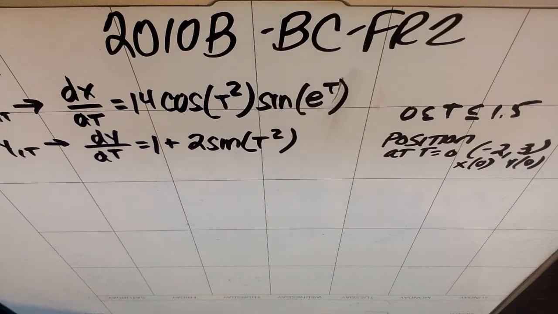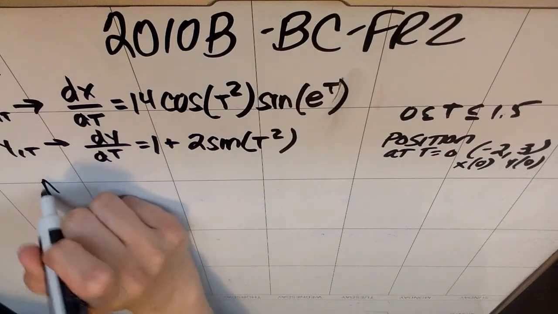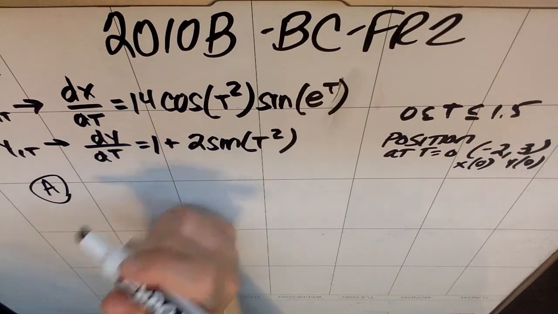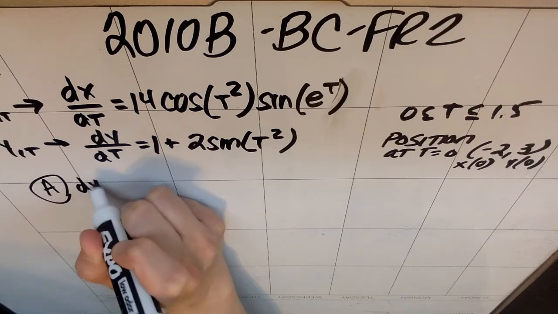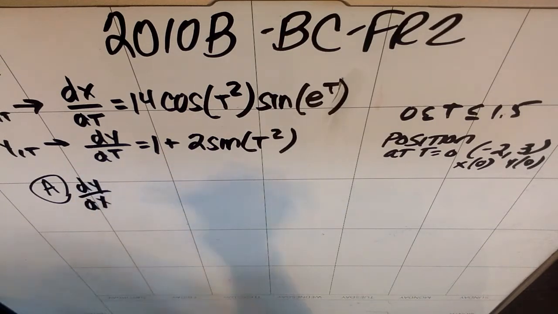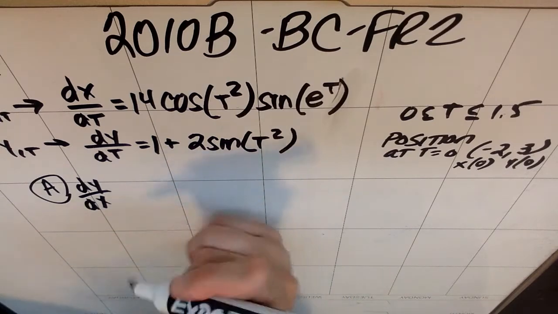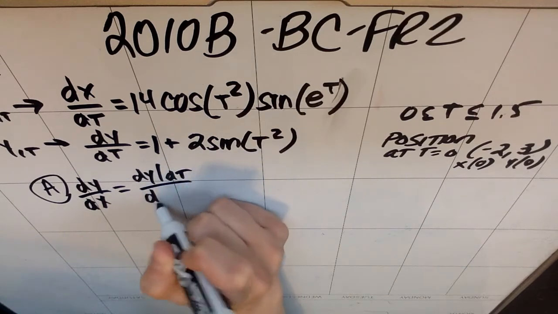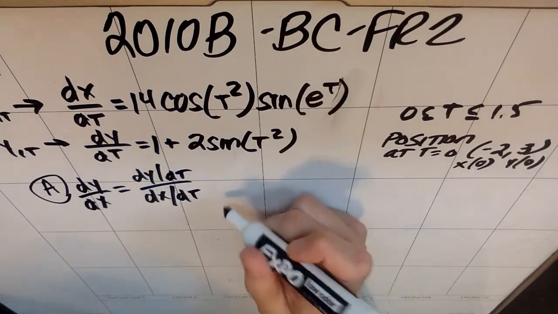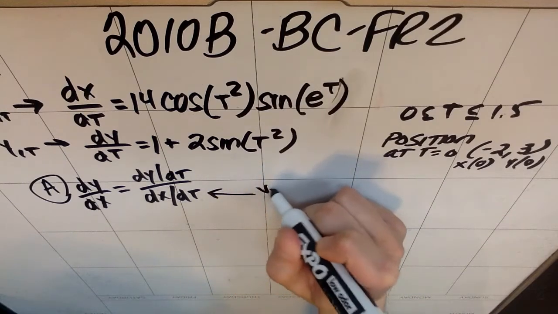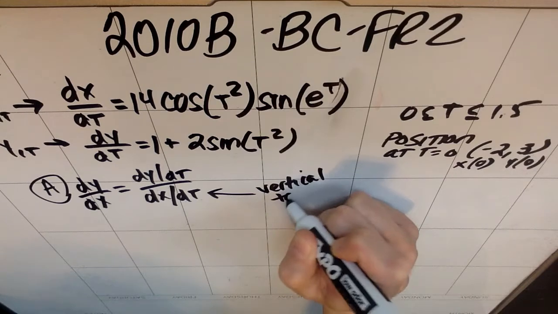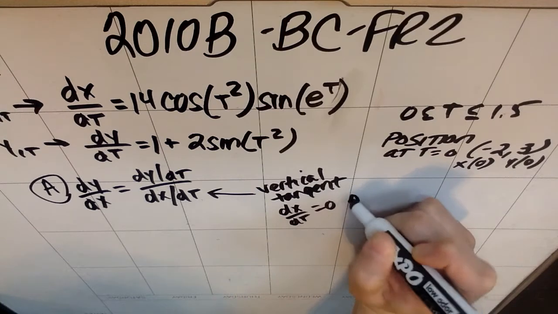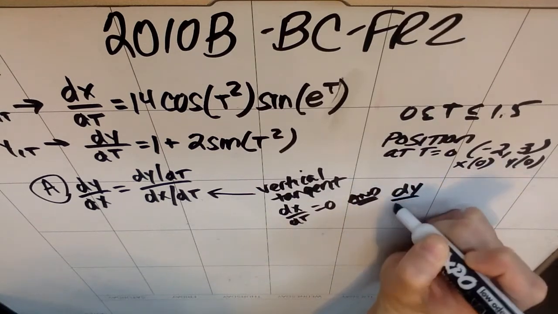Okay, so the big overarching concept here is knowing what it means to have a vertical tangent line, right? So remember that the slope of the tangent line is dy/dx. What we're asking for in a vertical tangent line is for the denominator of this thing to be 0, but more specifically, because in parametric that would be dy/dt divided by dx/dt, if we have a vertical tangent, that is going to mean that dx/dt is 0, and this is important, dy/dt is not,